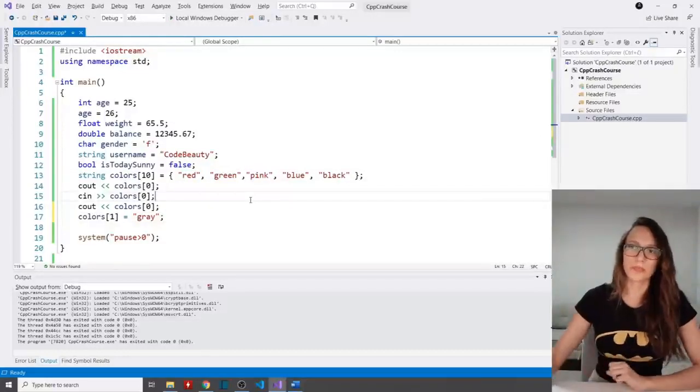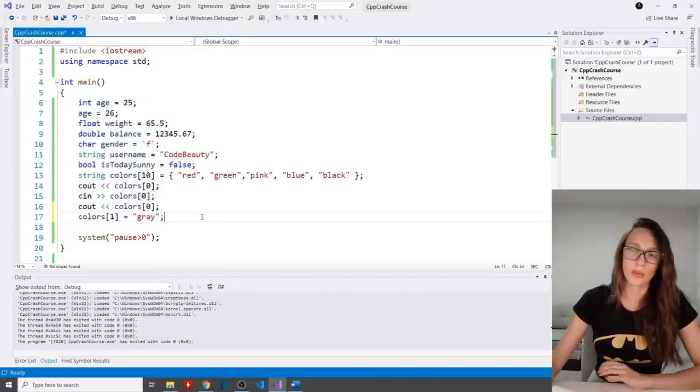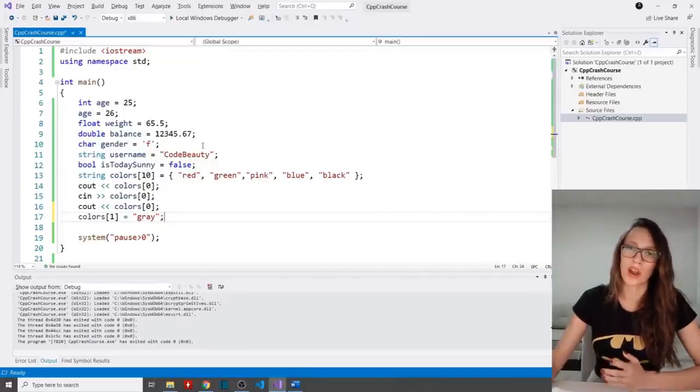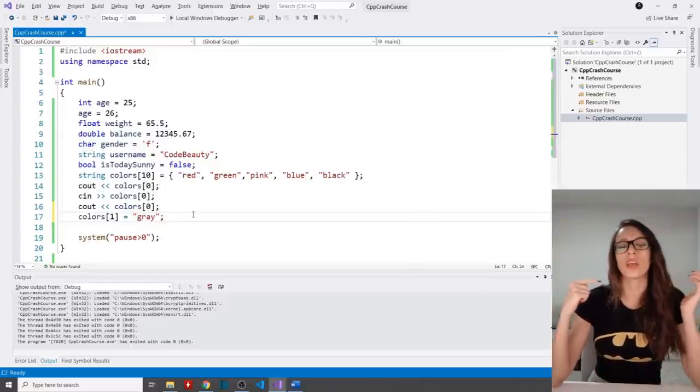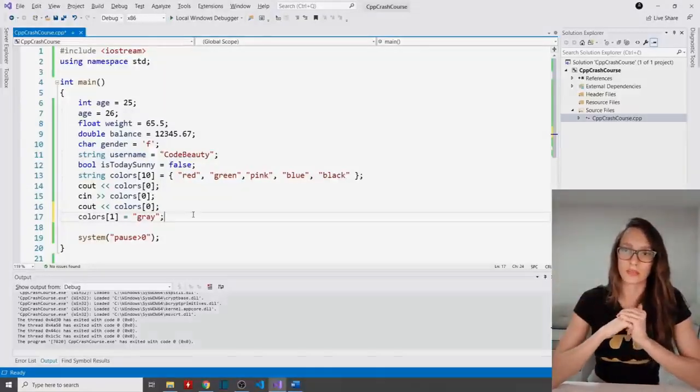Now here, I have shown some of the most important basic data types in C++, but there are variations to these. For example, you can say that you want to store only positive numbers in your integer, or you can say, for example, that you want to use long int in order to store a bigger number in your integer variable. So there are many variations to these. And in order for you to see that, I'm going to include a table here. So if you want, you can pause the video and check that out for a couple of minutes.